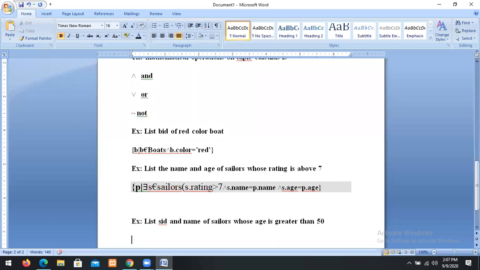So in this case, how to write it? All tuple relational calculus expressions begin with braces. You have to take any variable. Suppose I will take P. For all, we use this symbol. This is called for all.